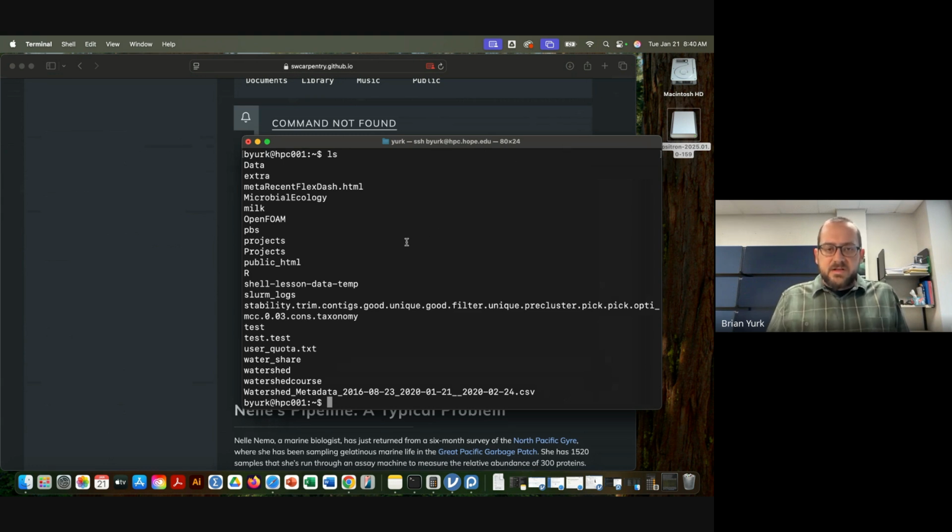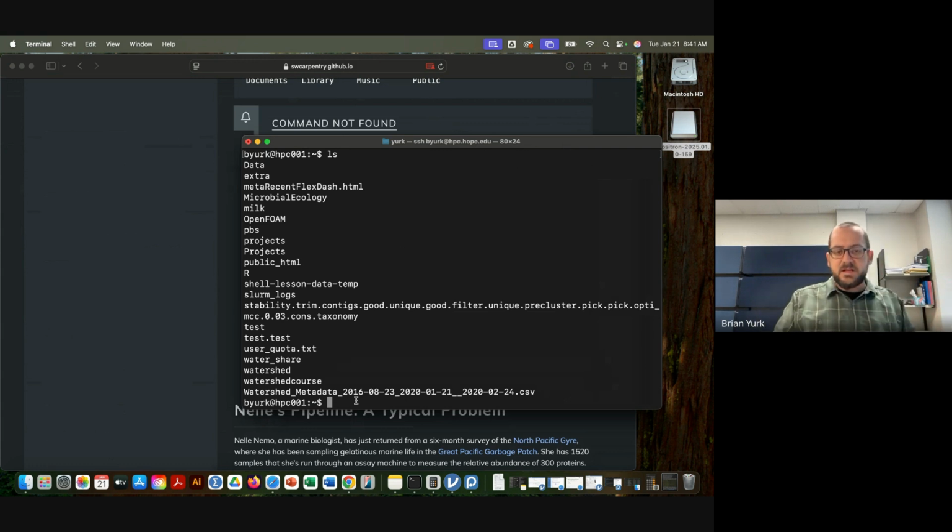If you can see my cursor on my terminal here, there's a little hint that we're in our home folder. There's a little tilde there. Tilde is essentially shorthand in Linux for our home folder. That's a shortcut for our home folder. If you're ever lost in your file system and you don't remember where you're at,